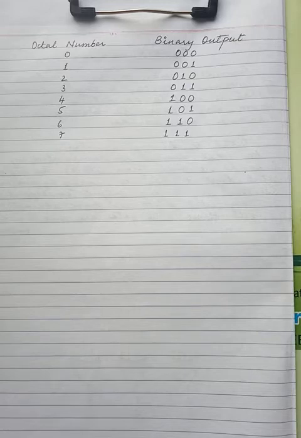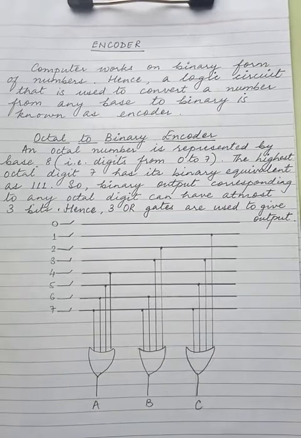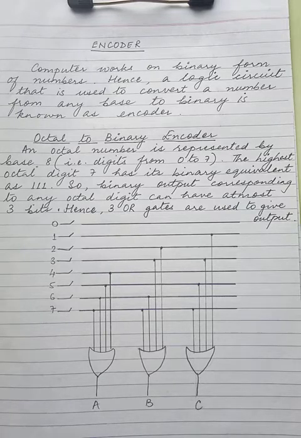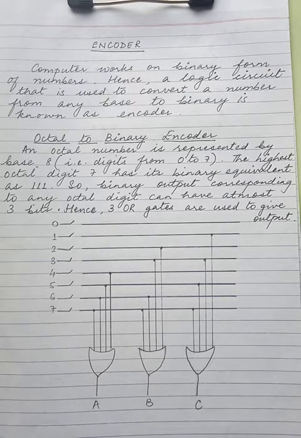Now we come over to the octal to binary encoder circuit. Now look at this circuit closely. As you can see, I have written all the octal numbers on the left from 0 to 7 and I have made switches in front of it. In front of 0 there is a switch, in front of 1 there is a switch. And for the output I have made 3 OR gates. Why 3 OR gates? Because a maximum of 3 digits is converted. An octal number is converted to a maximum of 3 binary digits.